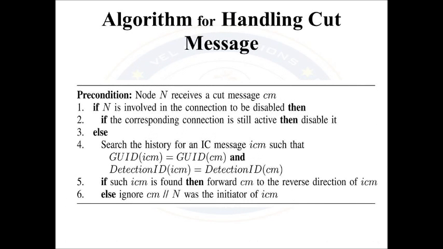Then algorithm for handling cutting message. Preconditions: node n receives a cut message m if n is involved in the connection to be disabled. Then if the corresponding connection is still active, then disable it, else such a history is for IC message such that